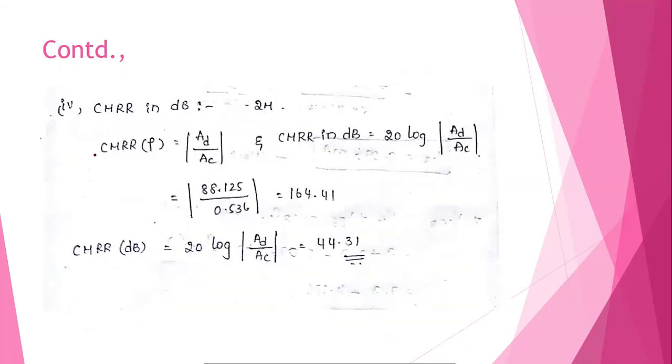And the last part you have is CMRR in dBs. It is mentioned that CMRR has to be written in dBs. So we have to extend this step finally. In the previous topic, we have seen only till here, that is CMRR is equal to AD by AC. After this, we have to convert this into decibels. So CMRR in dB can be converted as 20 log of AD by AC.